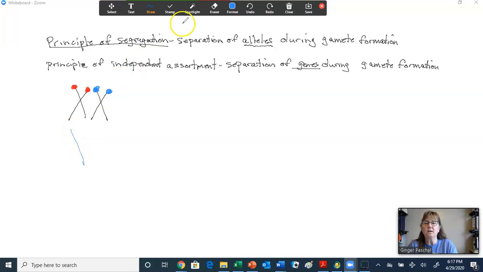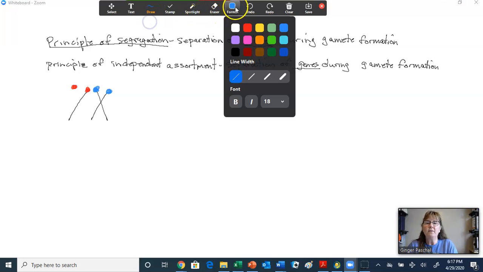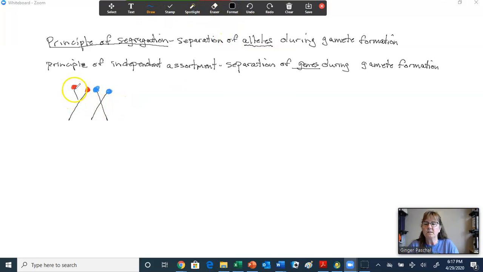So if we have a second set of homologous pairs, and we've got this one that codes for long, this one would also code for long. The reason why sister chromatids both code for the same thing is they're an exact copy of each other. So if these two code for long, we're going to say this one codes for short, therefore this one would code for short. Now, if we go through meiosis